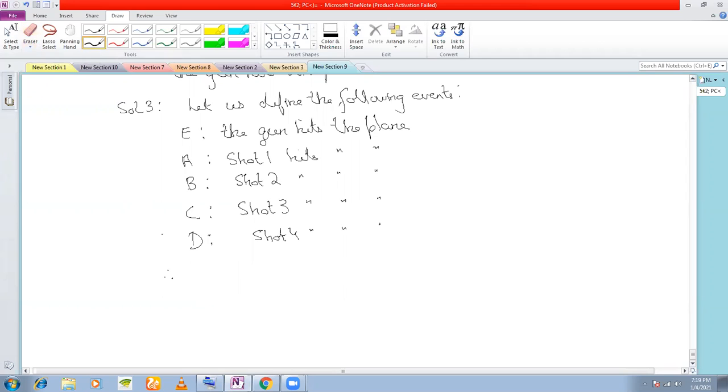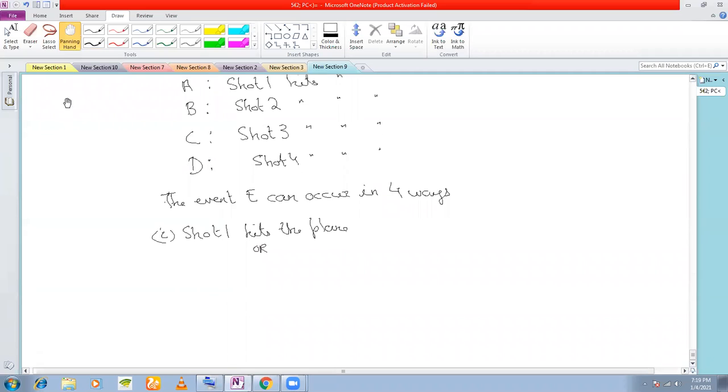The event E can occur in 4 ways. What are the 4 ways? Shot 1 hits the plane, or shot 2 hits the plane,